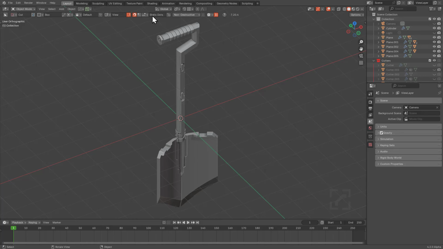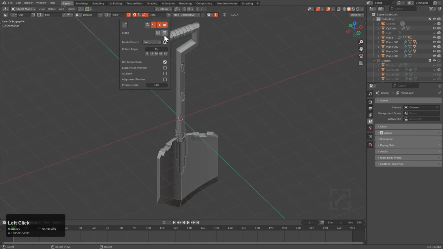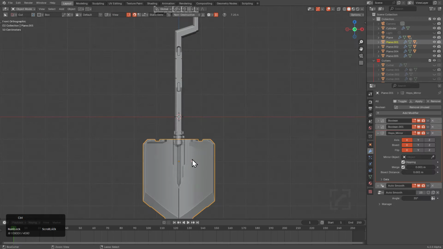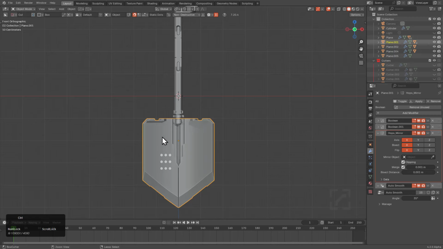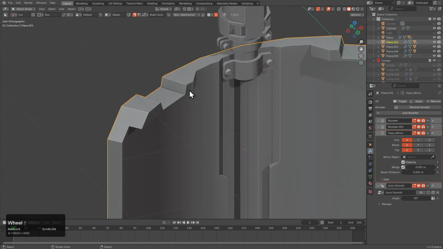So whenever it comes to alignment in Boxcutter, there's a system called dots, and there's an alternative to dots called static dots. In the event that dots fails, you have static dots that you can enable, which will allow you to align dots on the surface to whatever you're trying to go for. In this case, I have view enabled, but now we have static dots on the surface. And the thing about static dots is